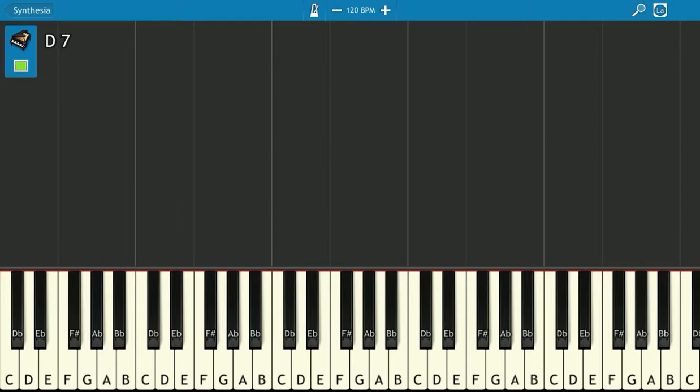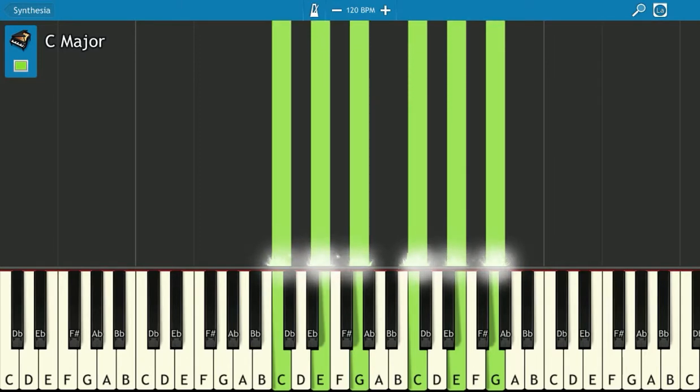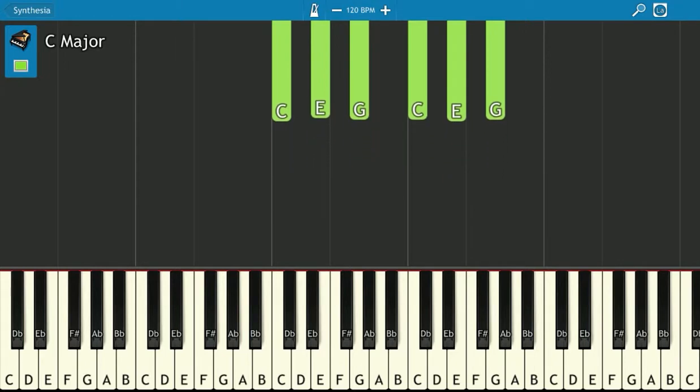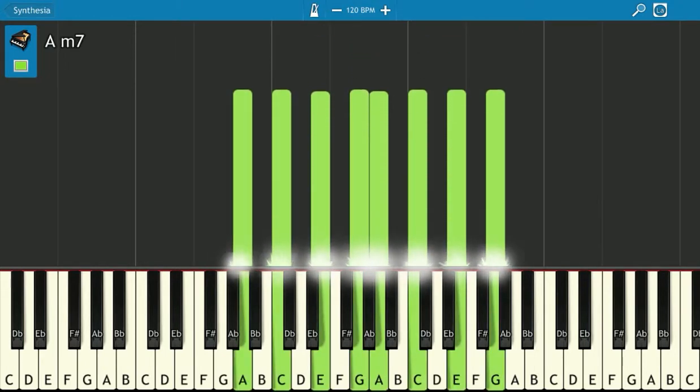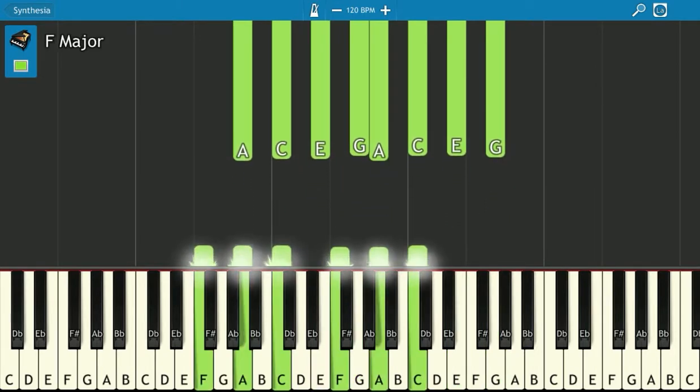Now let's move on to the next one, which will be another chord cycle that begins with C major. And this one is obviously a little bit different towards the third and fourth chords compared to the first one. So it starts obviously with C major. Then we have A minor 7th, which is over here. Then we have F major,